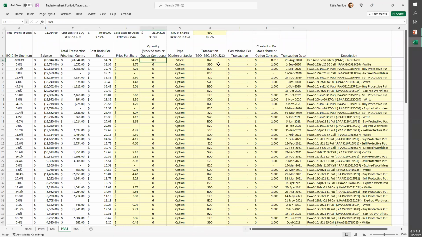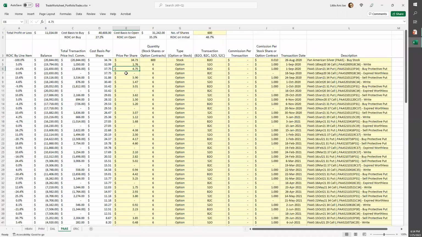Notice what I did here. That was on August 26th. On September 1st, not only did I sell the premium, but I also bought a protective option. Now, I bought a protective option, write this down, that was about 3 to 5 months out. So you'll notice it's August, September 1st. I sold the near-term option September 18th, but then I bought a protective option that didn't expire until January, 3 to 5 months out. And I bought that strike price down near where I would want my risk to stop. So in this case, $34.